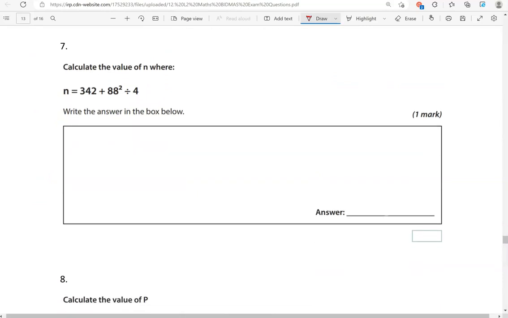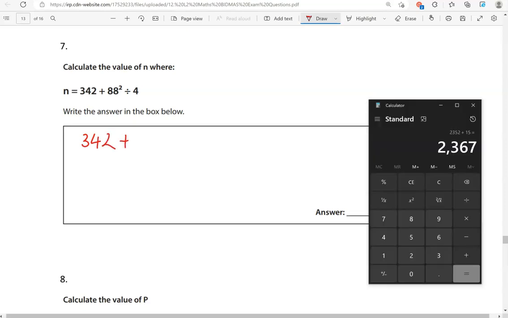Calculate the value of n, where n is equal to 342 plus 88 squared divided by 4. So again, we follow the BIDMAS rules. We do the indices first. So we'll do 342 plus 88 squared. So 88 times 88 is 7,744